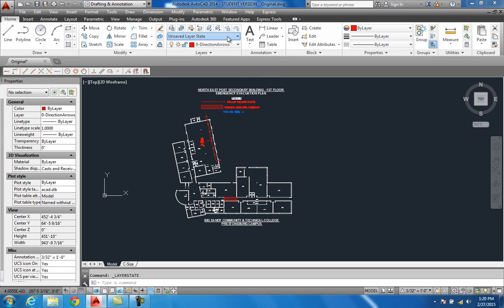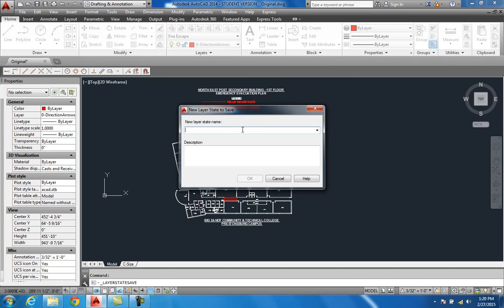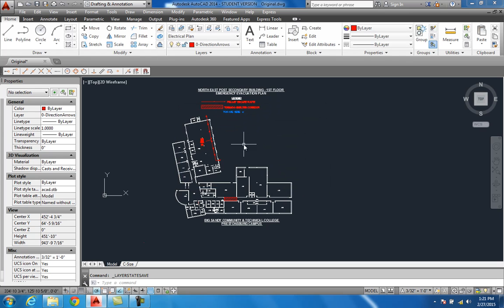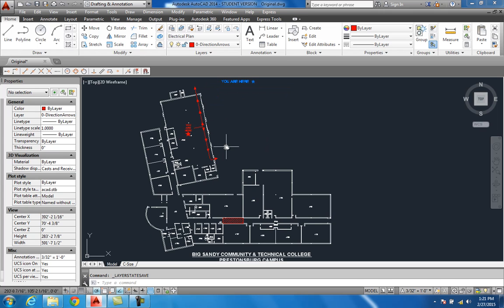So now go up here. You've got your fire escape. Now I want to go in here and add myself a new layer state, and I can put on here electrical plan and hit OK. Now, before I get started with this, I want to make myself a new layer, and I want to call it